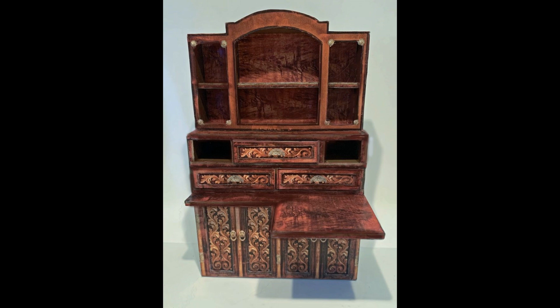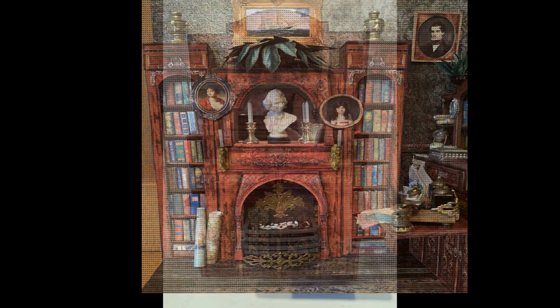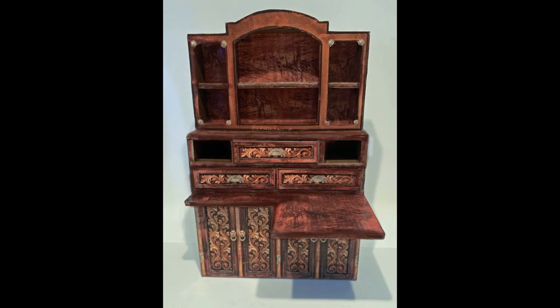And you'll notice one side of it is much shallower than the other side. The reason is that if you look at the wall with the bookcases and the fireplace, you'll notice that I've glued it starting at the very front of the book nook. And if you look all the way to the right, there wasn't enough room left on that side of the wall for me to have a full